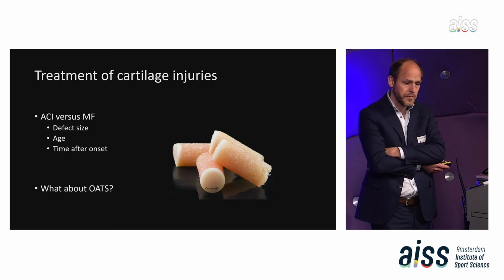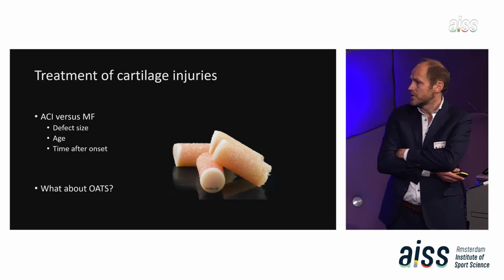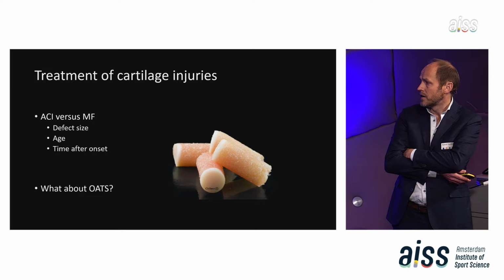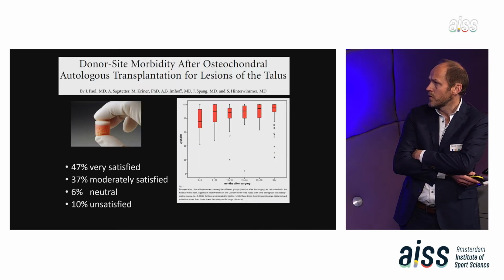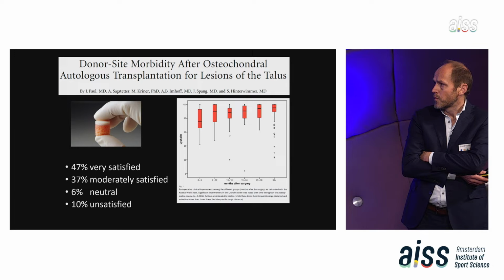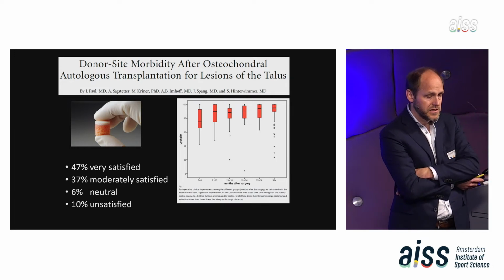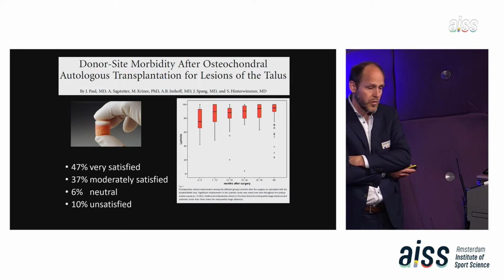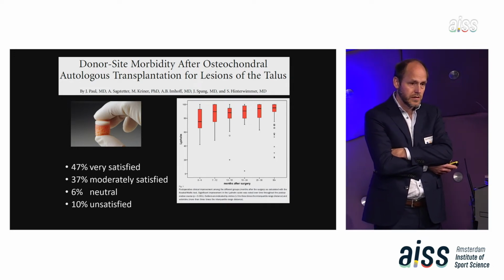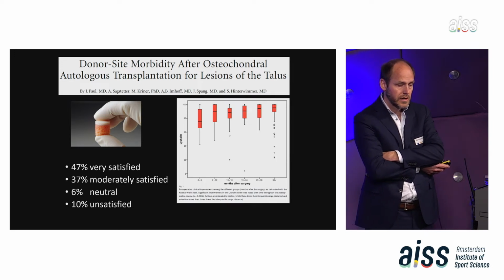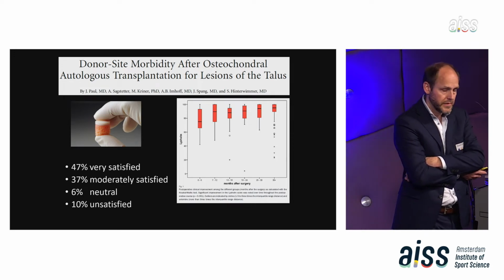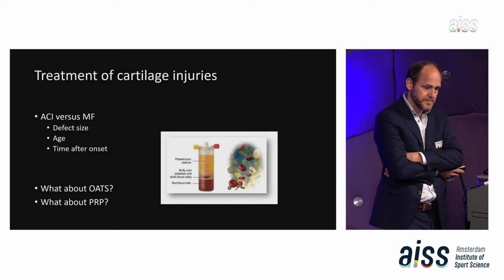How about other treatments, such as a replacement of an entire unit of bone and cartilage? OATS, for example. Well, the problem is also the harvesting site, where clinical studies show that harvesting from the knee and bringing it to the ankle can cause knee pain. So you have not treated your patient there, huh?